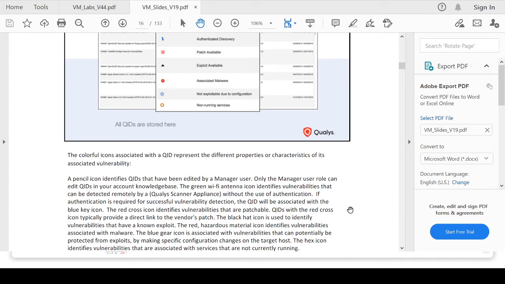Okay, and the black hat shows that it has a known exploit, and the red hazard symbol shows there is an associated malware with it. The blue gear icon shows that it is protected from exploits by making special